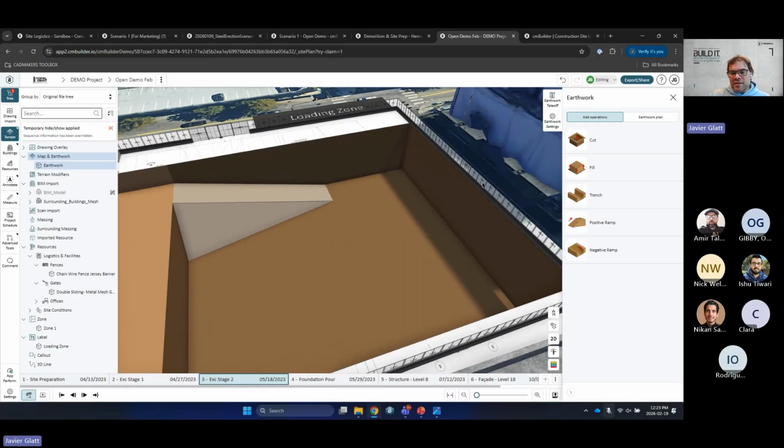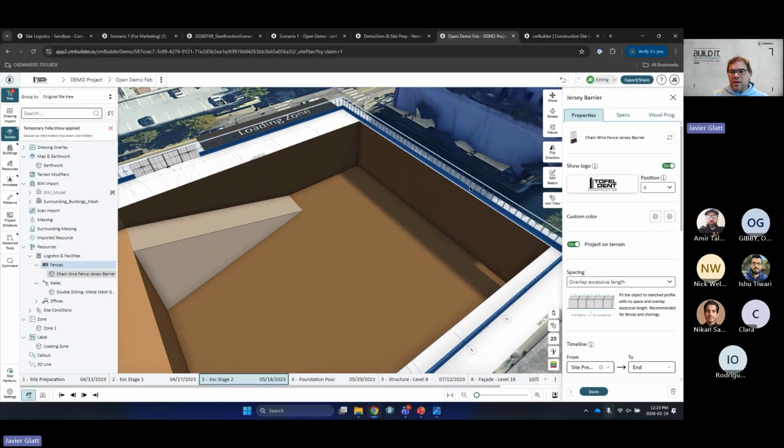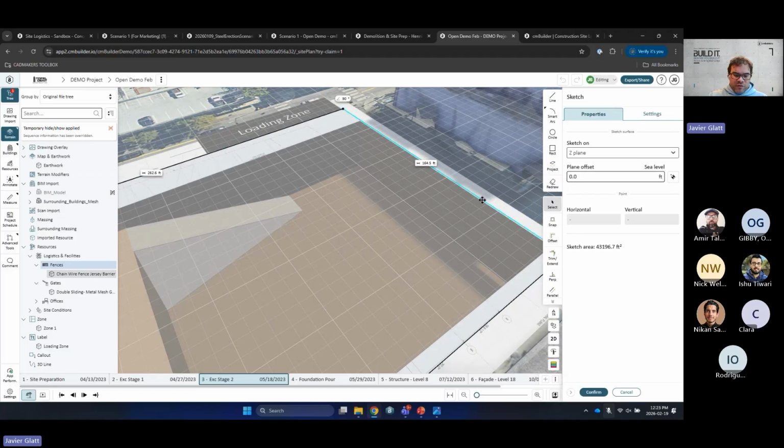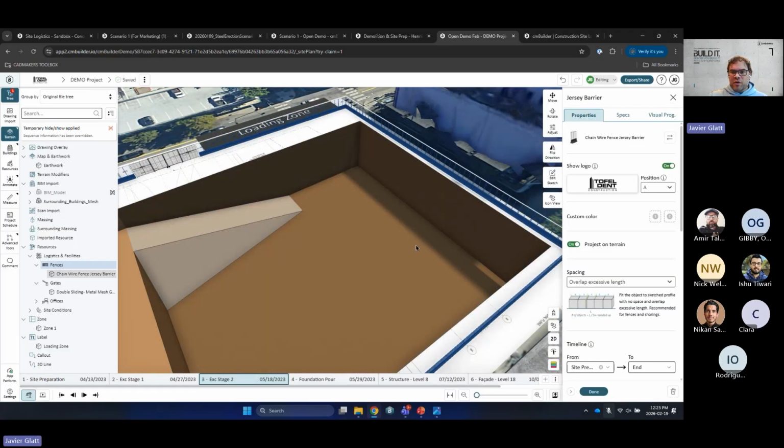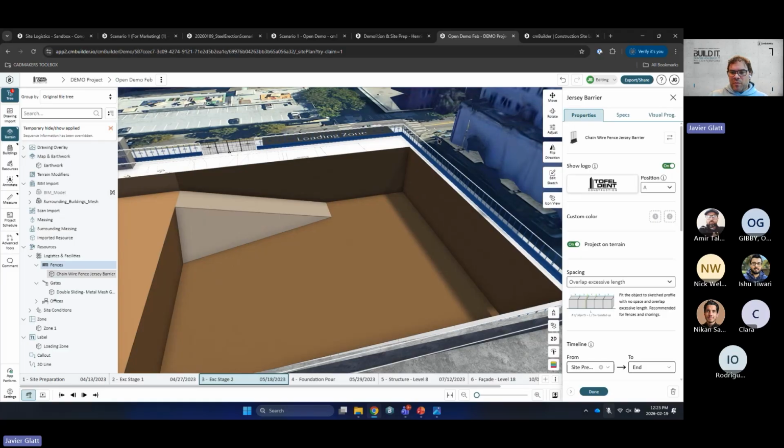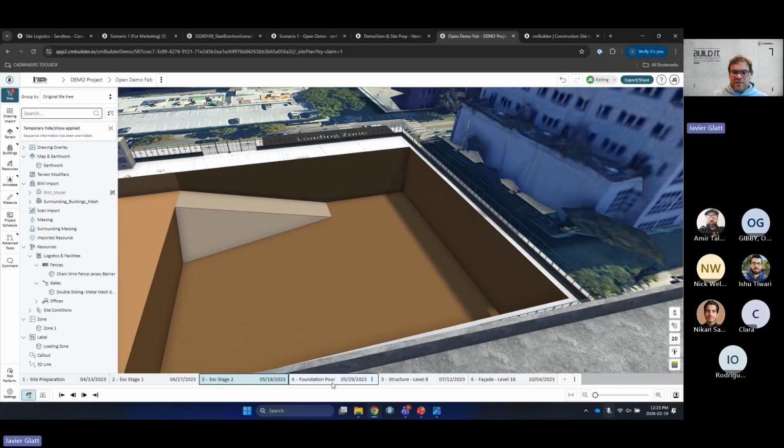Okay, what I'm going to do next is I'm going to edit this sketch. I'll just move this thing and hold shift. Boom. You can see my fence kind of got put on my excavation. So what I'm going to do next is I want to talk about, as I move to my foundations,